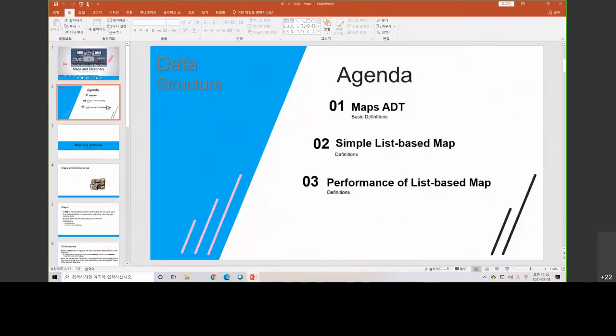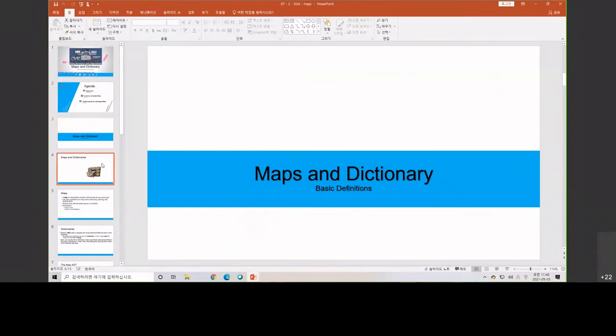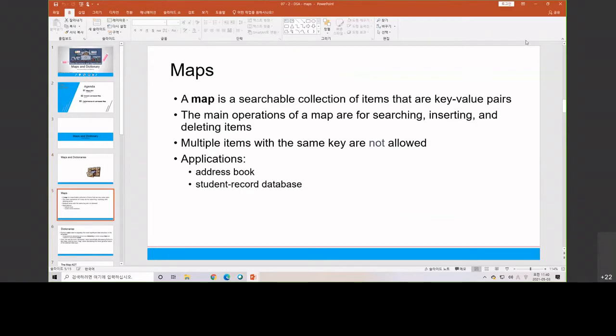So this is about maps ADT, and maybe you will see that this map is a bit similar to the section about the data in Python, which is dictionary. So the map and dictionary are actually almost the same concept. We call it map. If you still remember the priority queue, in the priority queue, we have the key